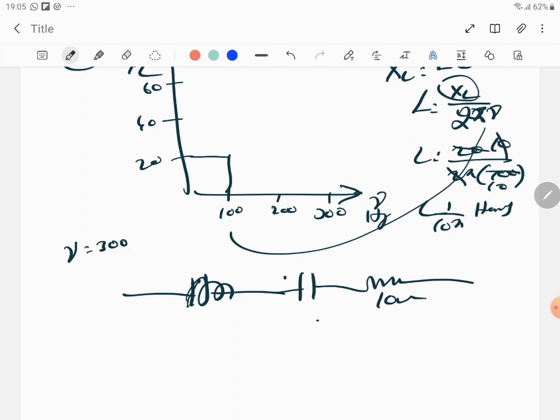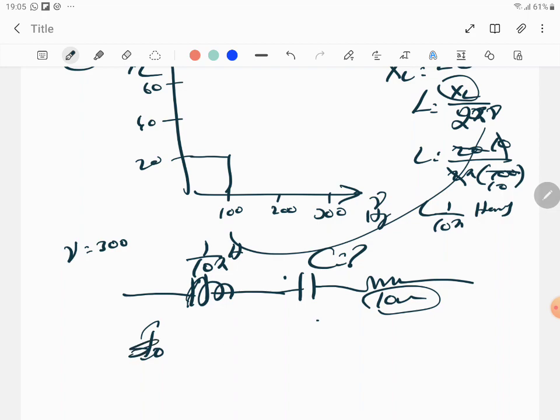Maximum power is dissipated across the circuit when the inductor is in; what should be the capacitance? The capacitance value you don't know. Inductance value is 1 by 10 pi Henry, and resistance value is 10 ohms. The condition is maximum power dissipation in the circuit. The maximum power will come when maximum current is there, and maximum current will occur at resonance. Correct?